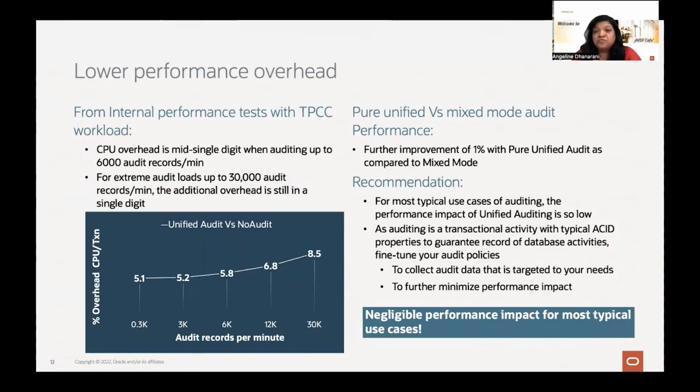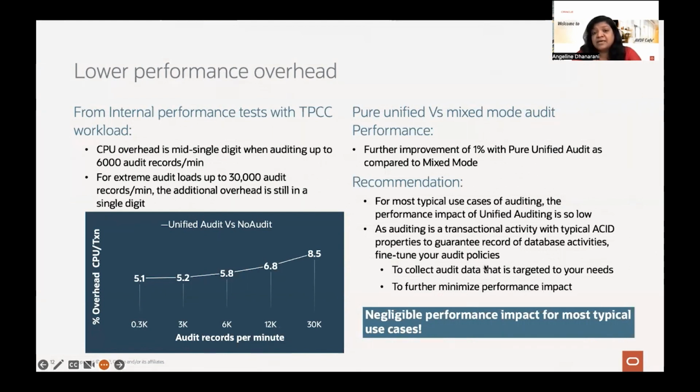There is room for fine-tuning that portion. But even if you were to do the extreme auditing, say for example 30,000 audit records per minute, it is still a single digit. So though you get this performance benefit, we encourage you to actually fine-tune these audit configurations to reduce the performance overhead much below.